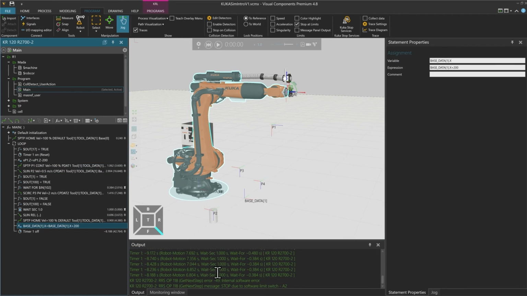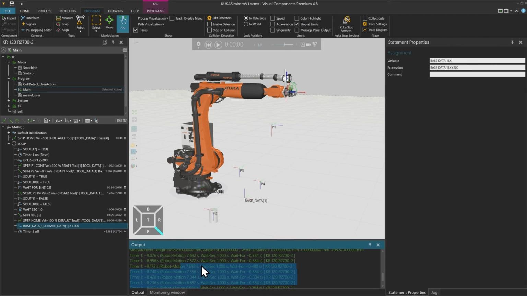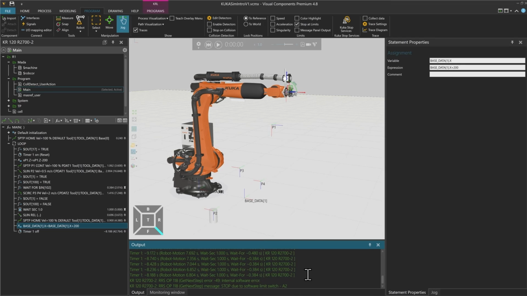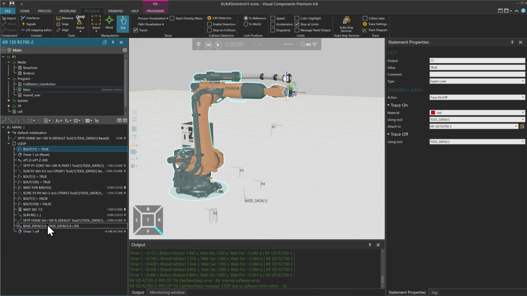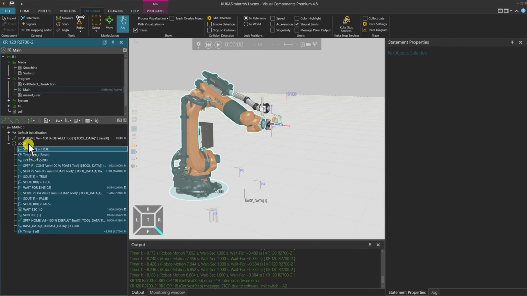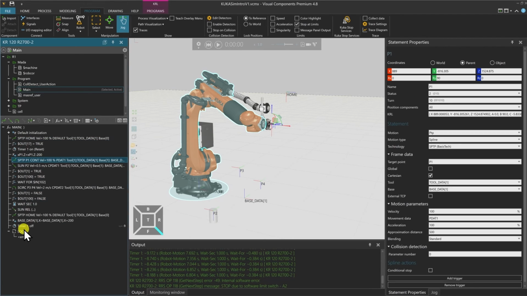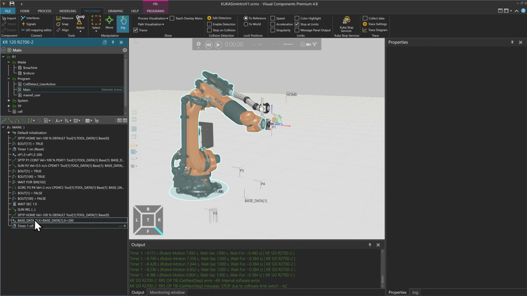In addition to that, you can see that the cycle time was faster or slower depending on how far the robot is, and it also changes during that time. Now, actually I don't want this loop or this iteration anymore, so I'm just going to select everything and put it out of my loop statement and delete the empty loop. And I will also delete this shift in my base data 1.